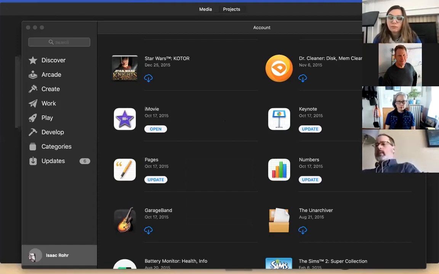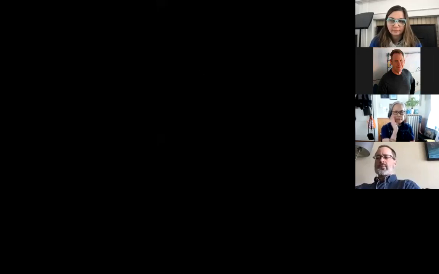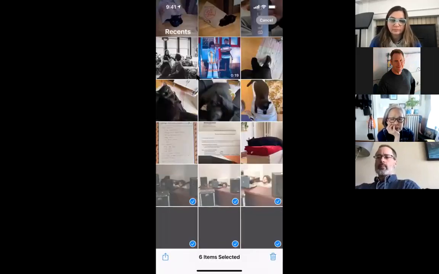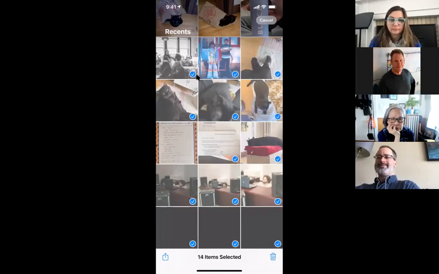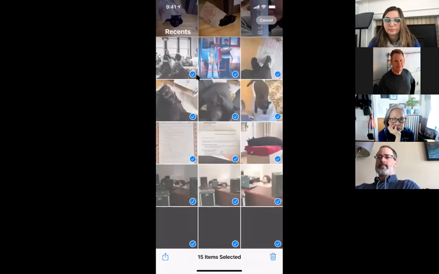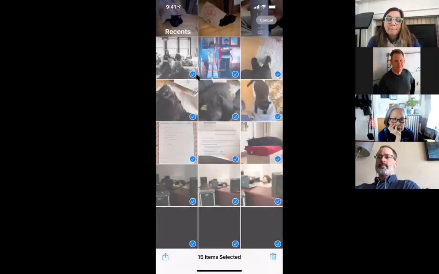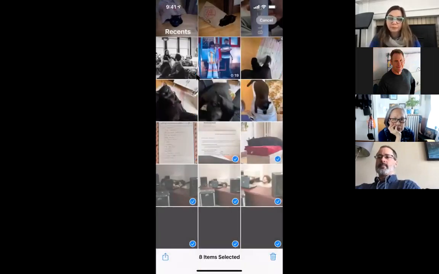And once you go through with that, if you were doing that to clear up space or something like that, for example, I could select, oh wait, no, you can't see my iPhone screen. Let me swap that over really quick. So for example, I could select a bunch of different things on my phone that I maybe wanted to get off, like pictures of my cat, and I can do as many as I want. And then again, same thing, hit the share button and then go to AirDrop. And then I could proceed to delete these if I really wanted to, if that was something I was interested in doing that way. But up until then, they'll stay on your phone, basically.